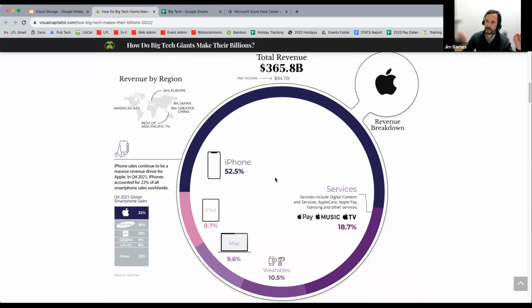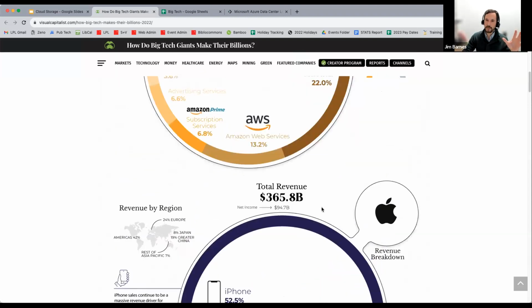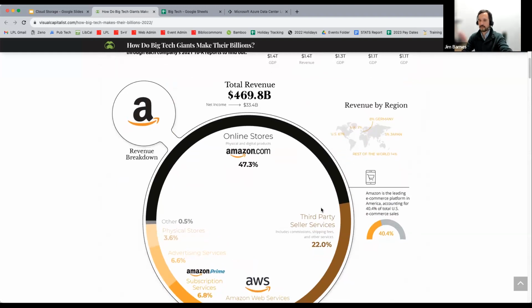But that's not where they're making their money. They make their money on selling you the iPhone. And then they give you the cloud storage for free as a feature of having the iPhone. And then they sell iPads and Macs. And then they have other subscriptions like Apple Pay and, well, actually financial services. Even they have a credit card. Kind of crazy.